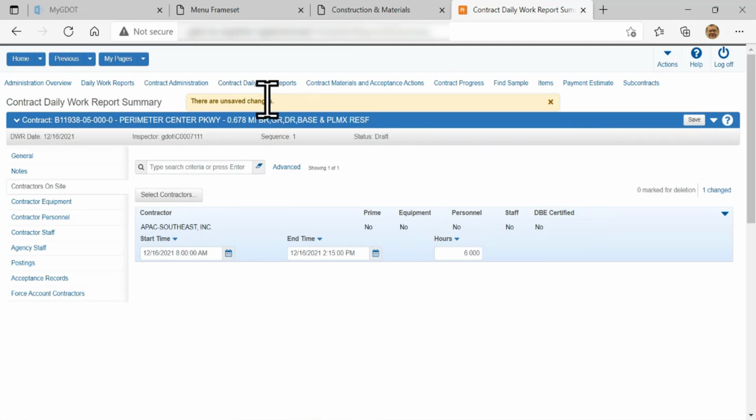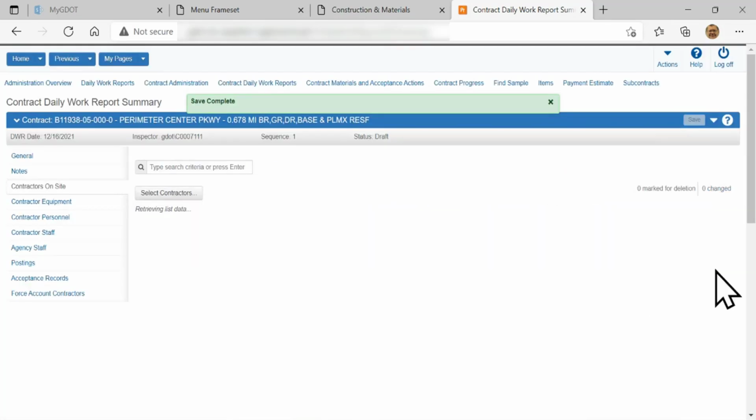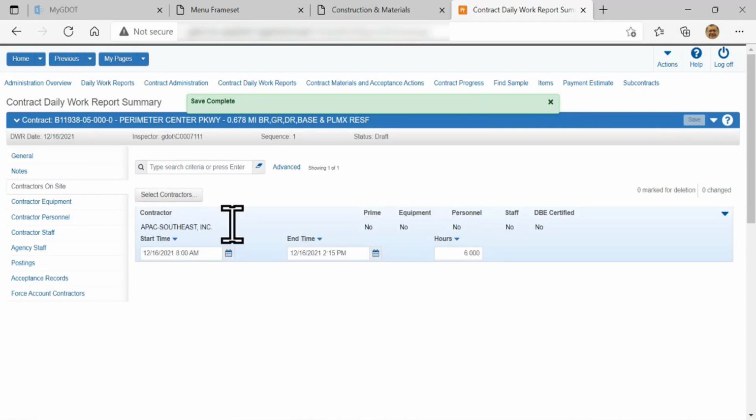And again, it lets me know they're not saved. So I'll click on save again to save those changes. And it retrieves my contract with my information. I have my list actions if I change my mind about the contract or remove them or check on other listings I'm working with.